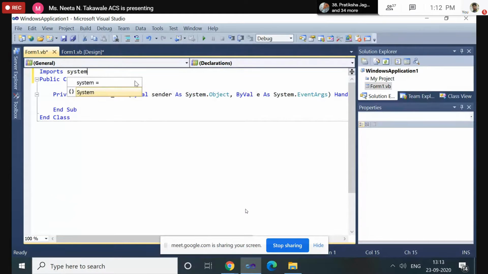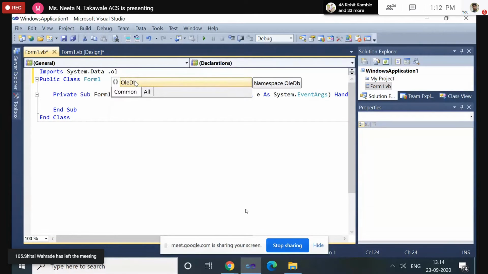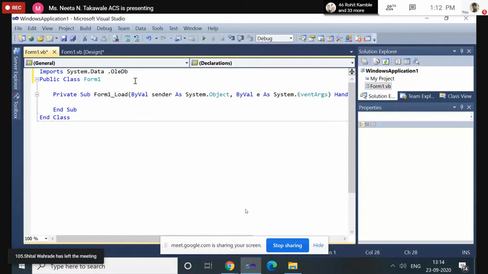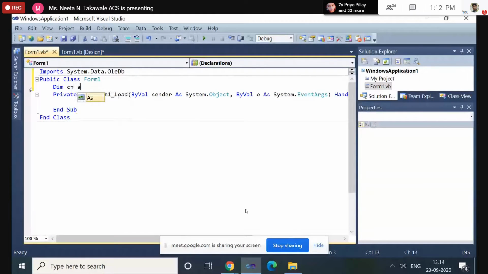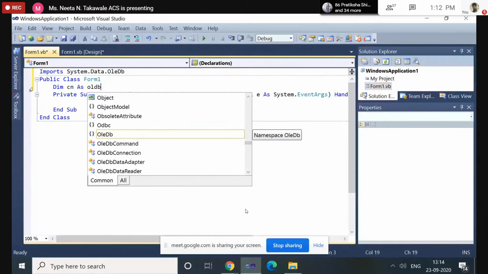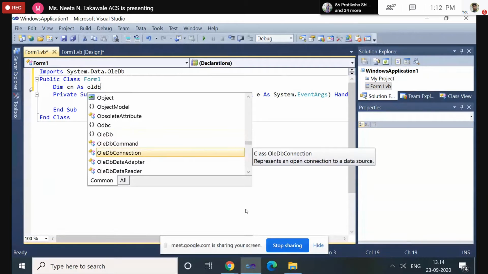The file we have to import for the Access database is System.Data.OleDb. And we require three objects. First, the connection object, which should be of type OleDbConnection.